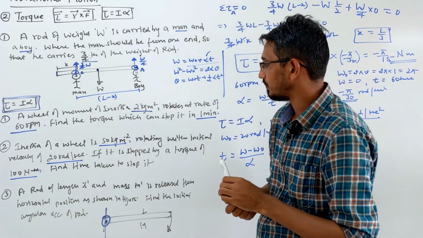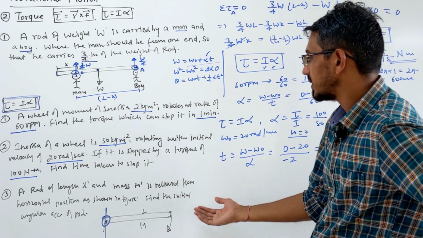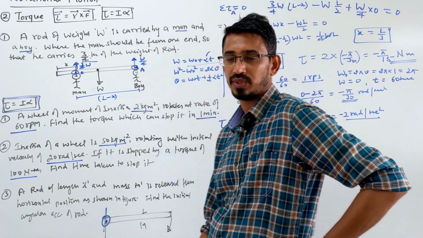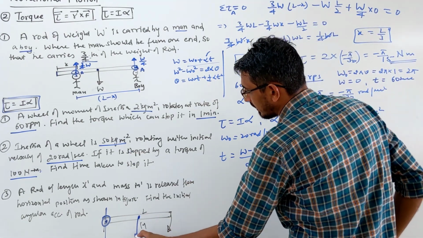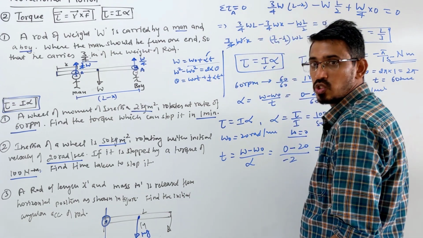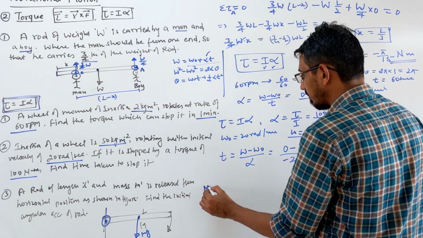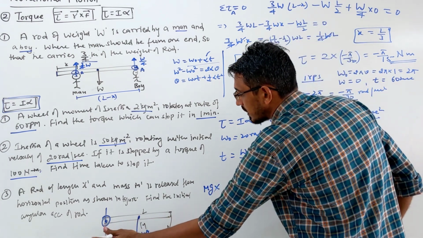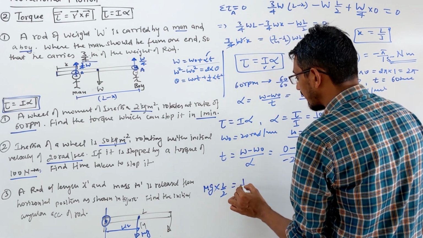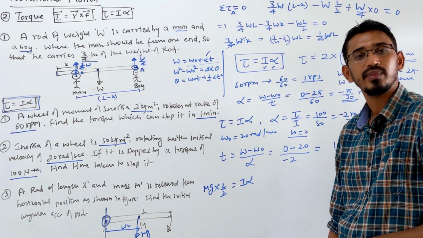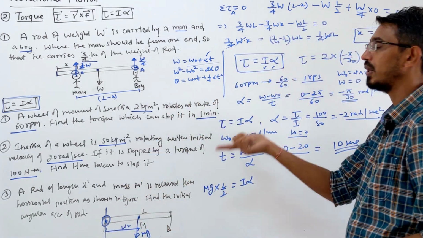So what are they asking? Yes, they are asking what is the initial angular acceleration of the rod, correct? So look here in this rod, what force is acting? Weight only, mg at this point, correct? So what torque is produced about that point? Torque produced by mg is mg into perpendicular distance, which is L by 2 simply, right? And this torque is also equal to I into alpha, that's all, right? Because the torque produced by this external force is equal to I into alpha.